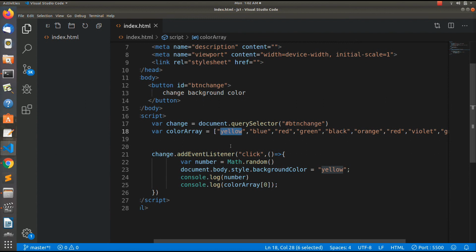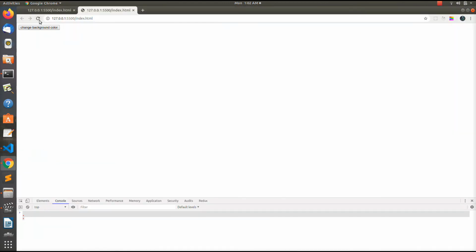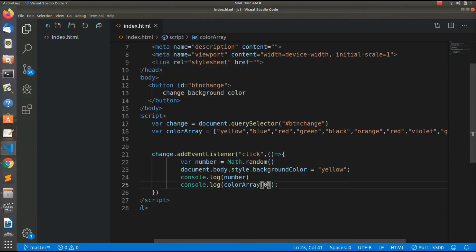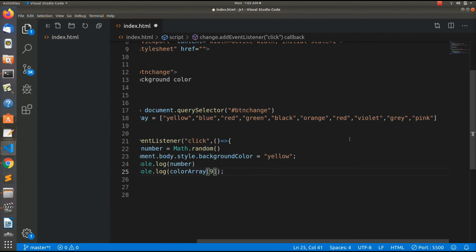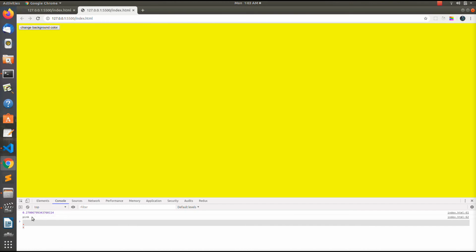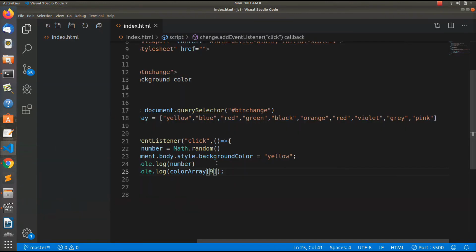So I should see yellow appearing in the console. Let's again refresh, click on this, and you can see yellow here. Now if I change this to 9, which is right here pink, save this, and click on the button again, you can see pink. So this is how our arrays work.